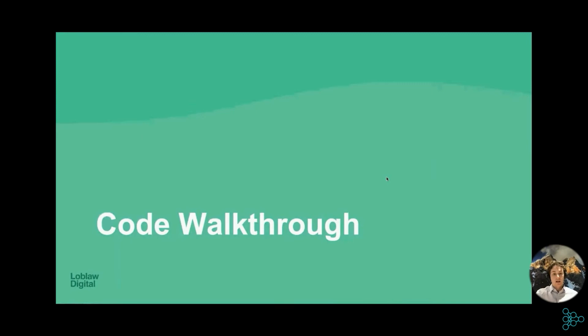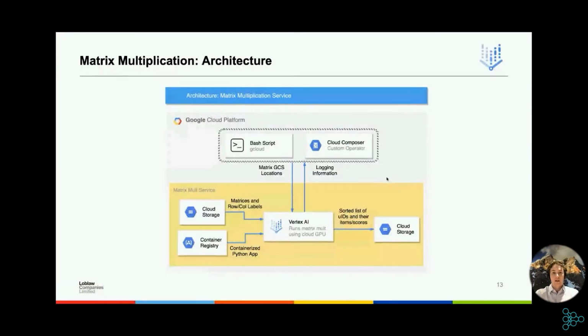Okay, so I'm now going to do a quick walkthrough of the code, a high-level overview of how the pipeline works and how we use it within Vertex AI. Just to focus in on the architecture that you saw in the last slide, we send our Dockerized training pipeline to container registry. When we want to run our job, we use either a bash script or Cloud Composer. There are many different clients that you can use. You can even use just a curl request to Google Cloud.